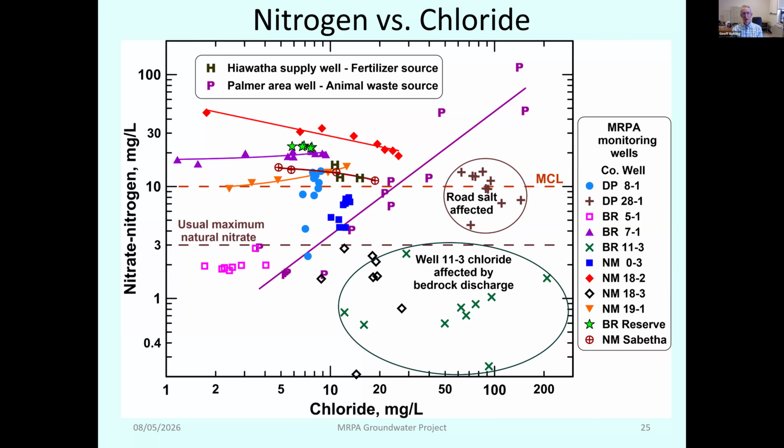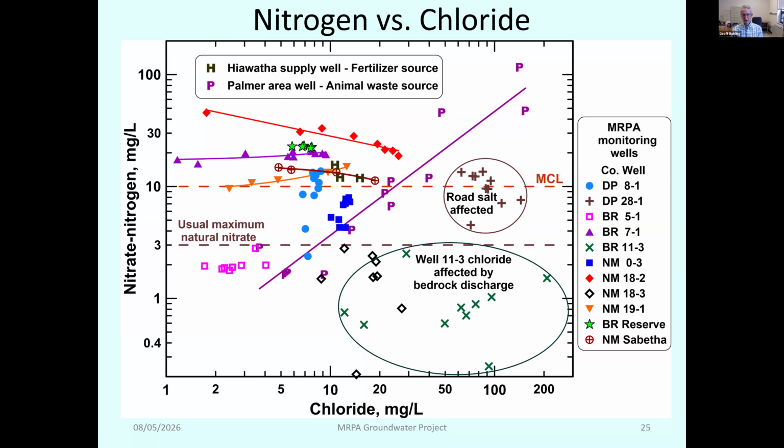And there is a method for using that information to tell whether it's an inorganic fertilizer source or a manure type source. And this came out showing that it is an inorganic fertilizer type source. So now we'll start to look at some of the other